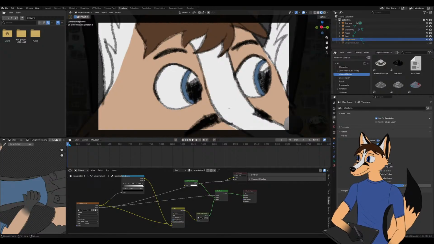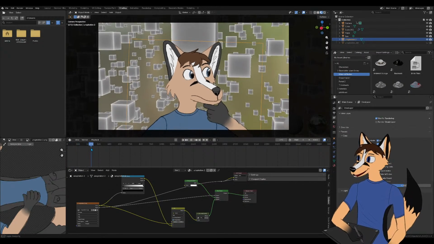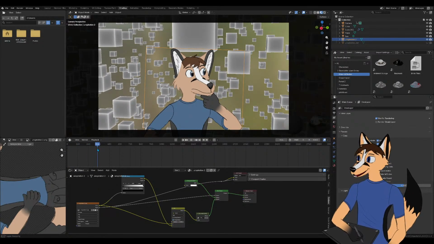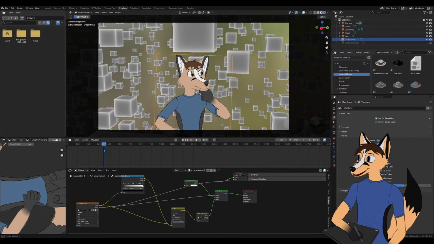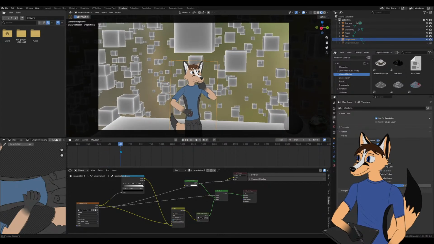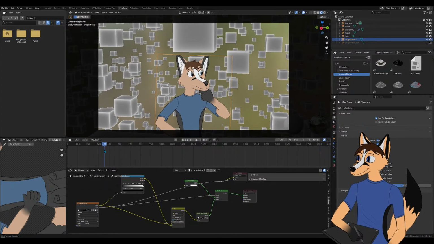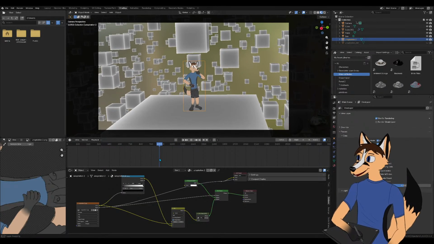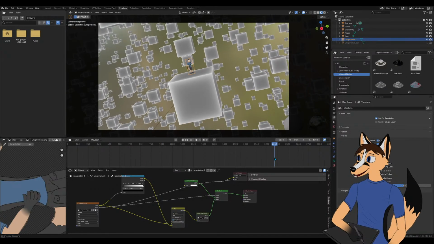You see the pixels on his face, and then shortly after, as it zooms out, you can see all these cubes in the background, mirroring the feel of the pixels. And as it zooms out further, you start to suspect he's on one of those cubes, and then it's revealed he is on one of those cubes.